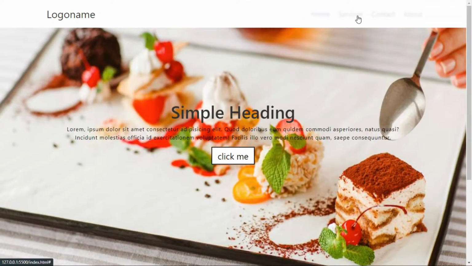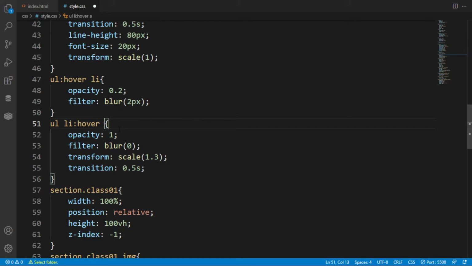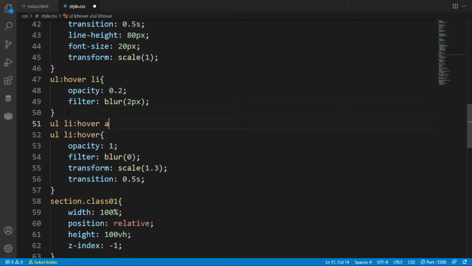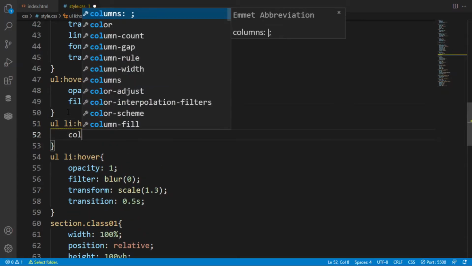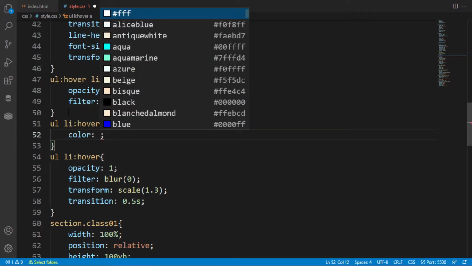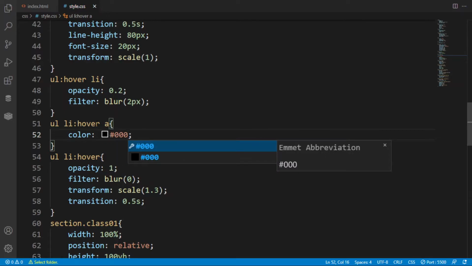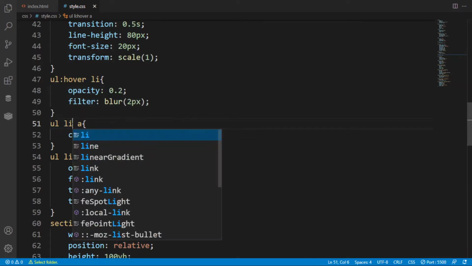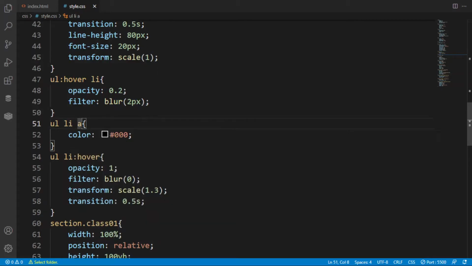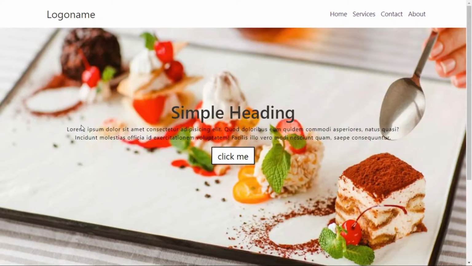So here I am selecting the anchor tag. When I hover the anchor tag, nothing happens here, so we also have to style the UL and li. Next, I am styling the anchor tag, putting the color black, so that when I hover this list item or the anchor tag, the color will become purely black, not gray, or you can choose accordingly. For the list item, I have put in the hover effect. So when I hover, the things change to normal.